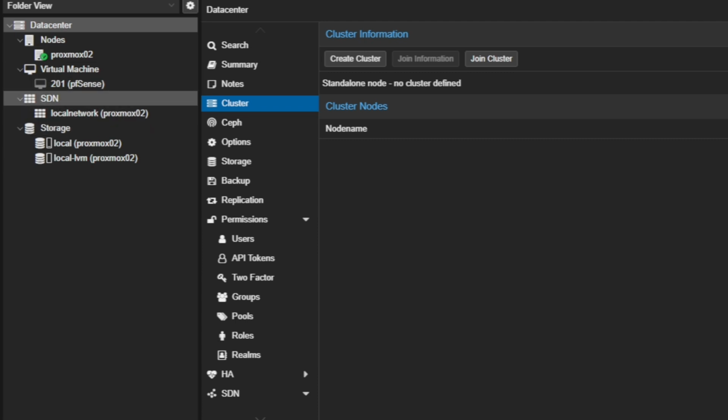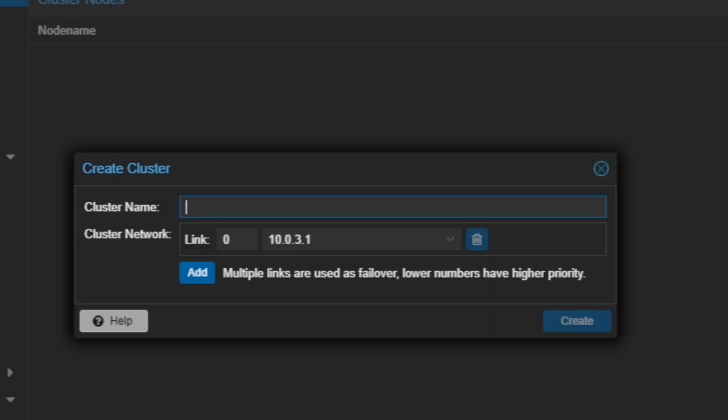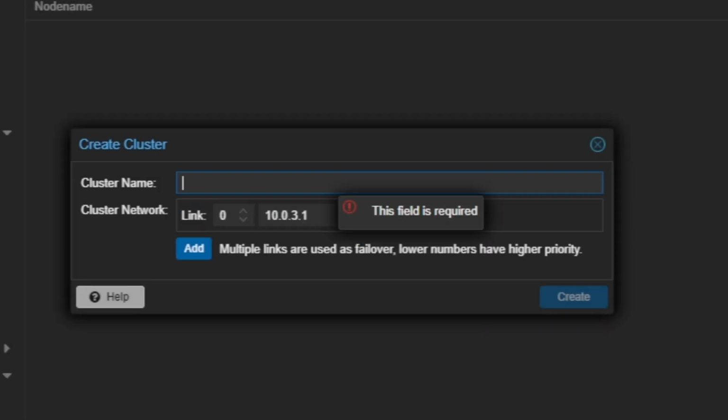So I'm going to start with Proxmox 3, which is going to become the master node. On Proxmox 3, I'm going to click on create cluster, and then we are going to define a name for this cluster. So we have two options here: join cluster and create cluster. Where you create a cluster, that becomes the master node, and where you join the cluster, that means you're going to join a master, and that's going to become the slave part of the cluster. So you have to define a name,